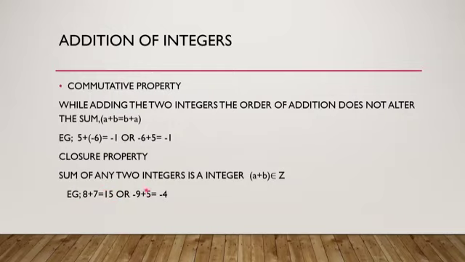Similarly, -9 plus 5. If you solve this, here also your answer is an integer, a negative integer. Though -9 is a negative integer and 5 is a positive integer, we know that there are two different signs. The value of -9 is less; the number 9 is greater than 5 and the symbol that 9 is holding is negative, so your answer will remain negative. So -9 plus 5 gives you -4. Both are integers and the answer that you get is also an integer. Moving on.